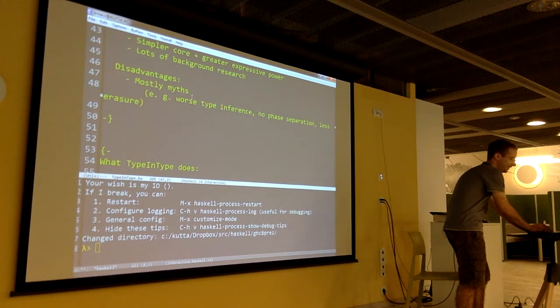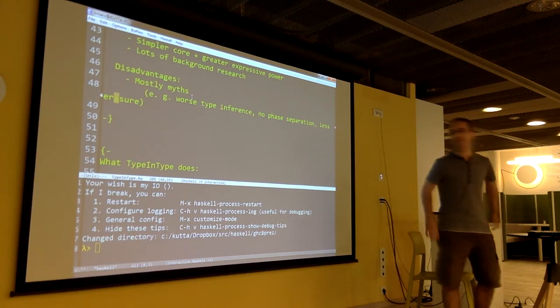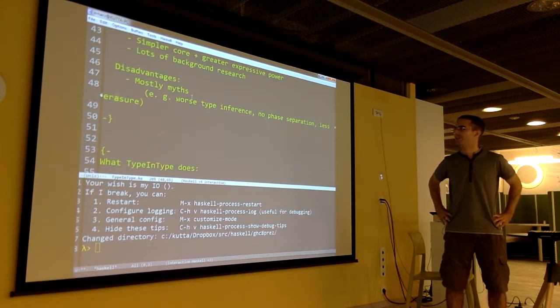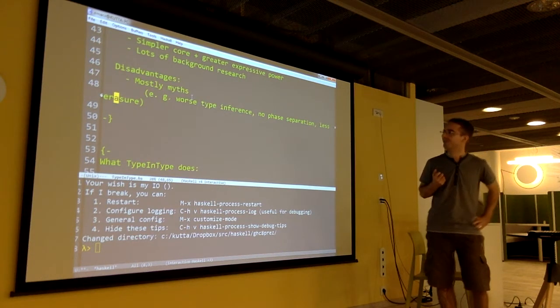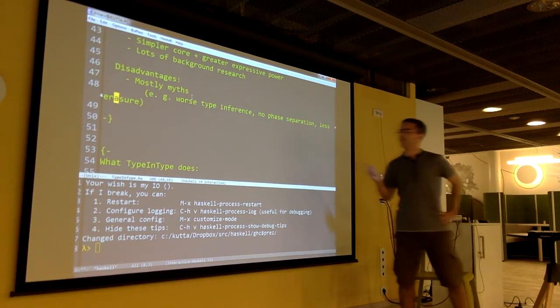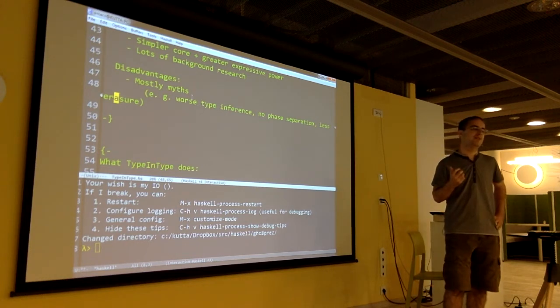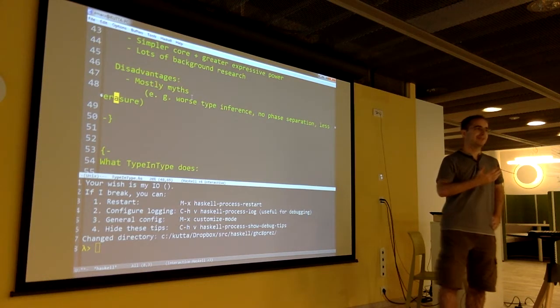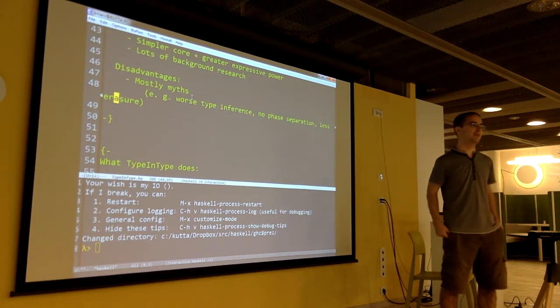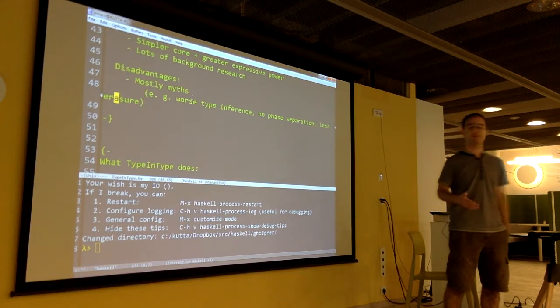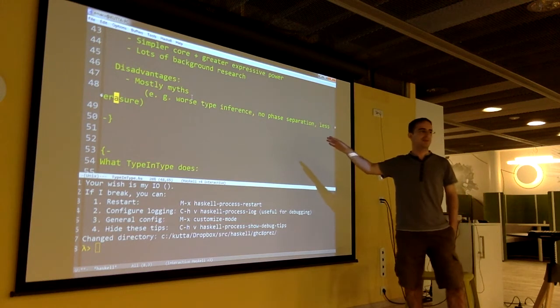So disadvantages. Most of the things that you usually hear about dependent types as disadvantages are basically just myths. For example, worse type inference. If you add dependent types, type inference for the same part of the language that you could infer before remains exactly the same. You just get new types and new features and some extra expressive power, but you don't lose the inference that you already had. But you also gain new kinds of inference. For example,